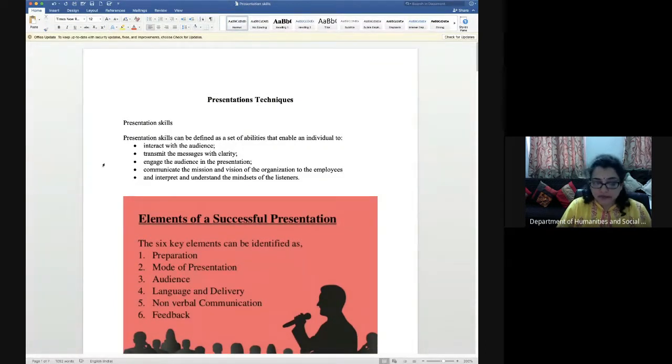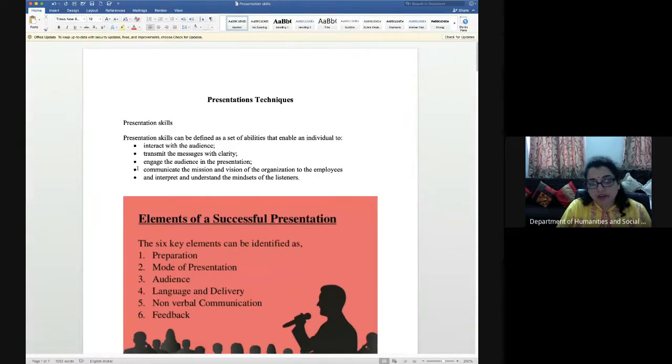Presentations can be of two types: oral presentations and written presentations. The third unit was devoted to written communication skills, and now we have come to the fourth unit, which is devoted to oral presentations. So when we are giving a presentation, any oral talk or oral lecture, what are the things which we have to take care about?